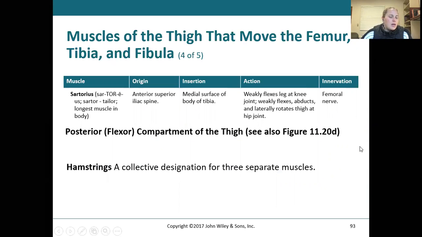The sartorius weakly flexes the leg at the knee. It's a femoral nerve. The posterior compartment of the thigh is going to be